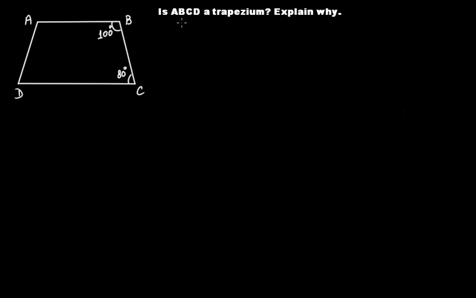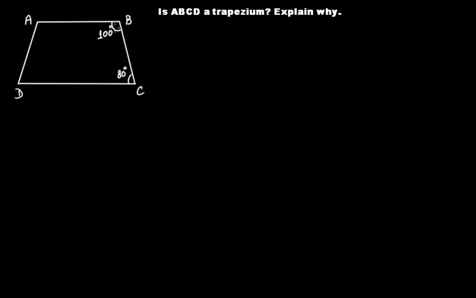Is ABCD a trapezium? Explain why. So ABCD is a quadrilateral and you have to tell whether it is a trapezium or not. In a trapezium, we have one pair of sides which are parallel, and we have another pair which is non-parallel. If you look at these two lines AB and CD,